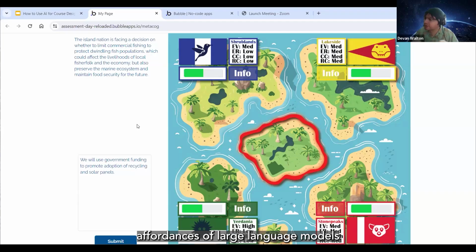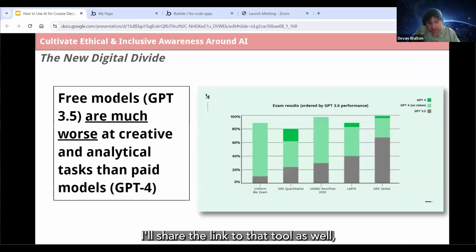these interactive affordances of large language models, and being able to design content that taps into the motivational needs and autonomy needs of students and learners. And I guess we can probably stop, and I'll share the link to that tool as well